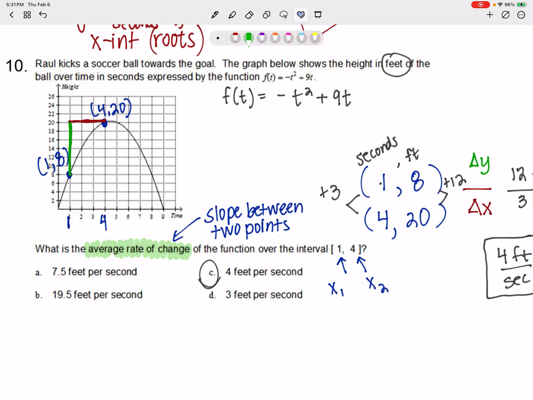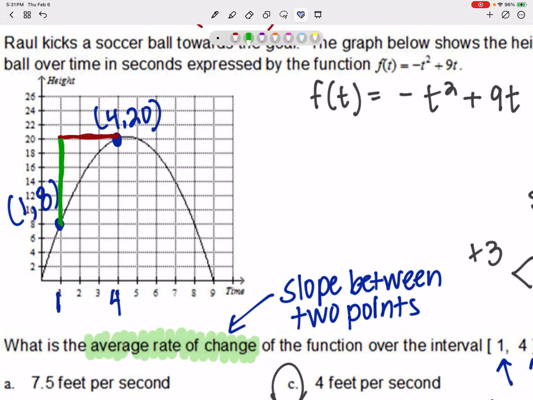Now let me show you on the graph how we can do that rise over run. So slope is equal to rise over run. And I always start at the point on the left, so I'm always either going up or down, and then always moving to the right. So if I'm always moving to the right, my run is always going to be positive. So going up would be a positive change in y, and we go up from 8 to 20, so that would be 2, 4, 6, 8, 10, 12. So up 12,